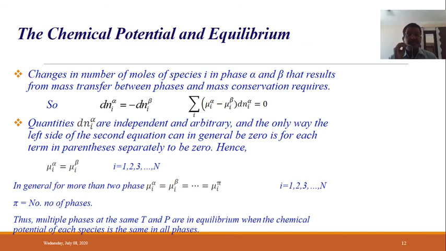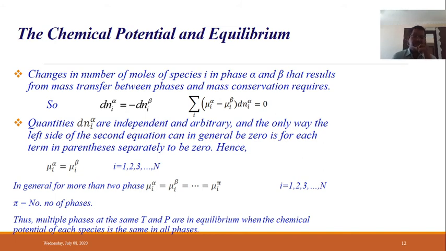And if you generalize this equation for pi phases, as we have studied in the phase rule where we calculate the number of degrees of freedom, right? This is nothing but the difference between the number of variables and the number of independent equations. And that will tell about degrees of freedom.